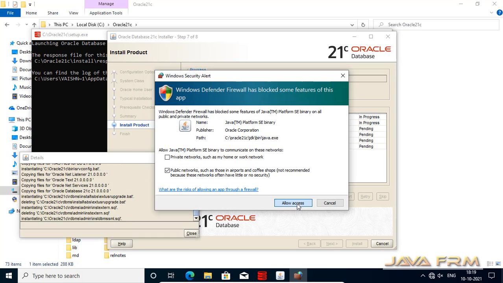Okay, you can see that Windows Defender Firewall is blocking Java.